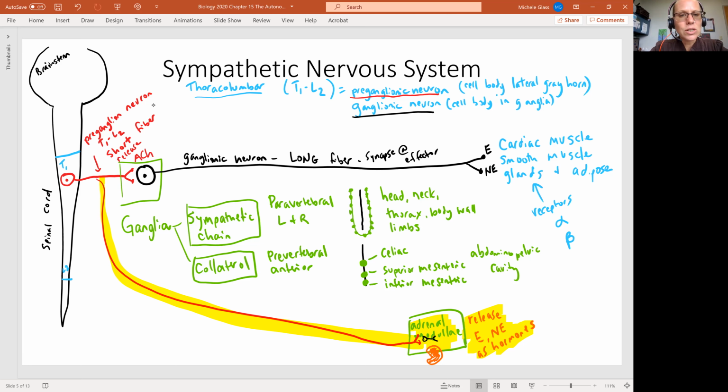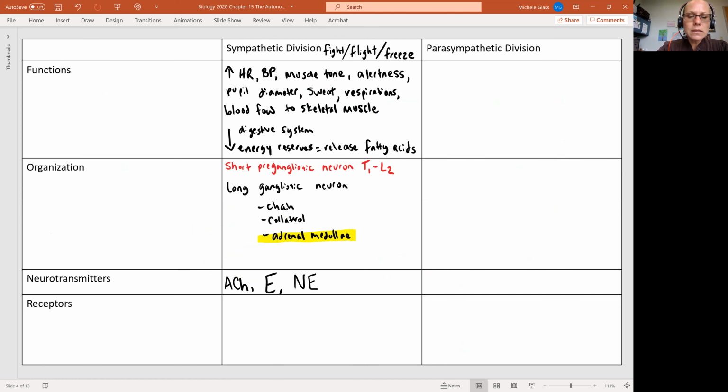And these are Greek letters. So I've written out the symbols for the Greek letter alpha and the Greek letter beta. Let's go ahead and go back to our chart. And in the case of these alpha and beta receptors, we talk about this as adrenergic